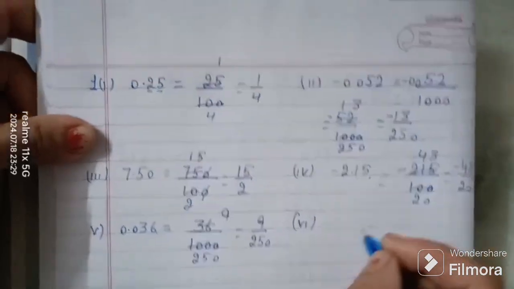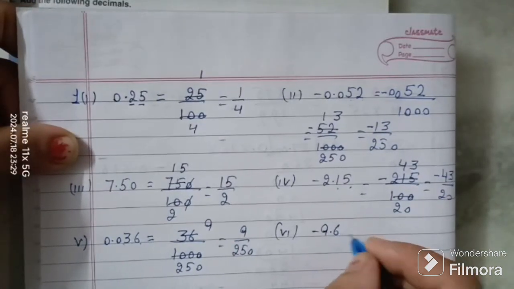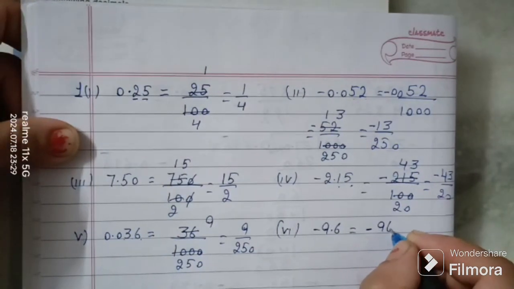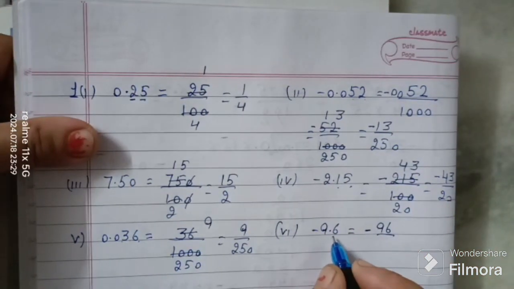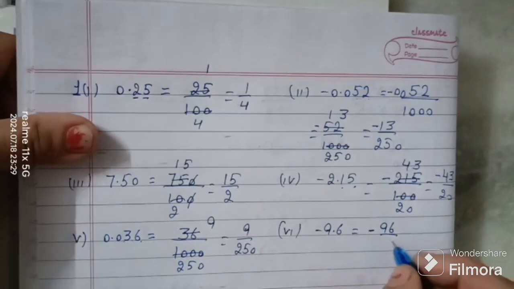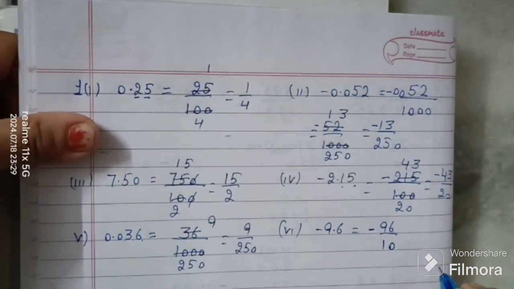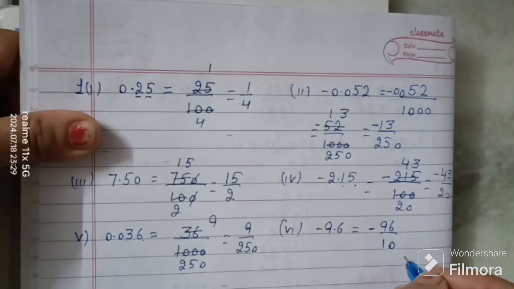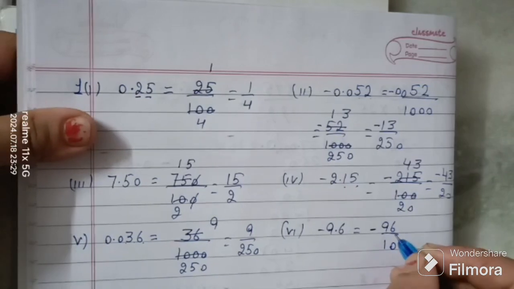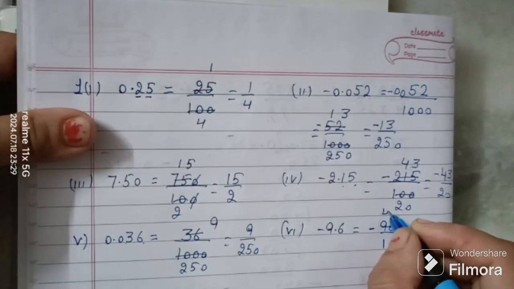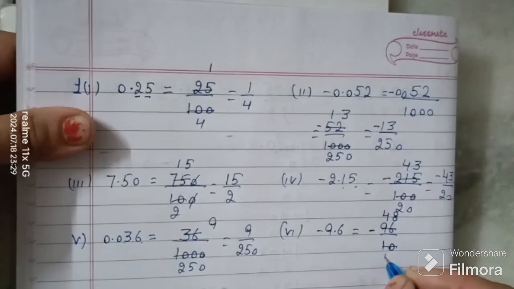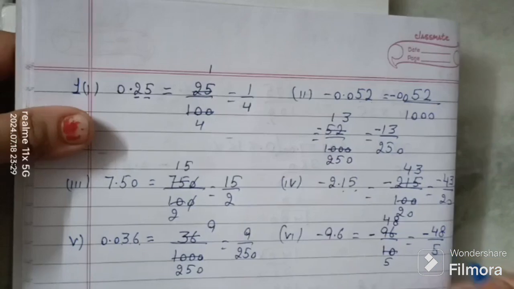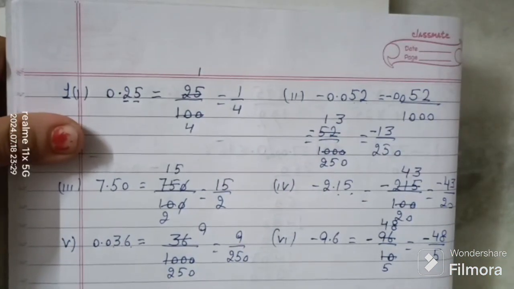The next part is minus 9.6. Minus 96 as it is. How many digits are there after the decimal point? There is only one digit, so I have to put only 1 zero in the denominator. Are these two numbers co-prime? No, they have a common factor. What is the common factor here? 2 is the common factor. 2 4s are 8 and 2 8s are 16. 2 5s are 10. So the lowest form is minus 48 by 5